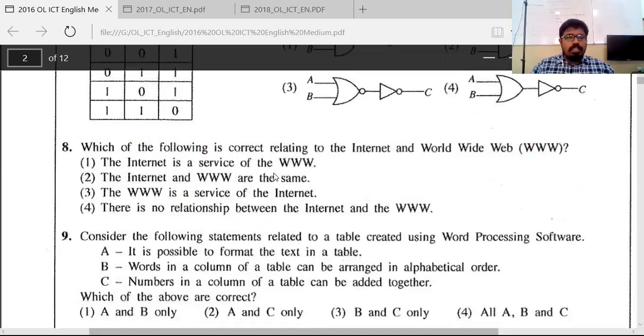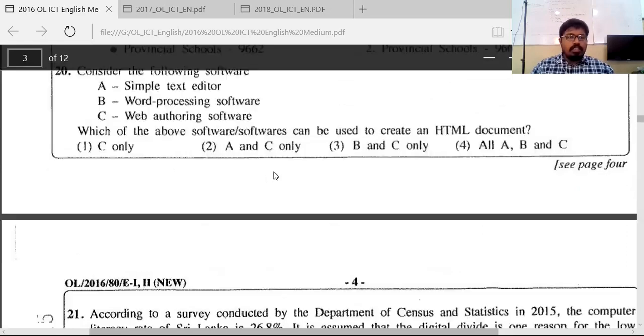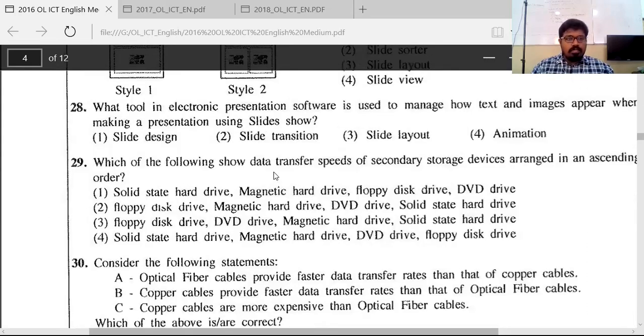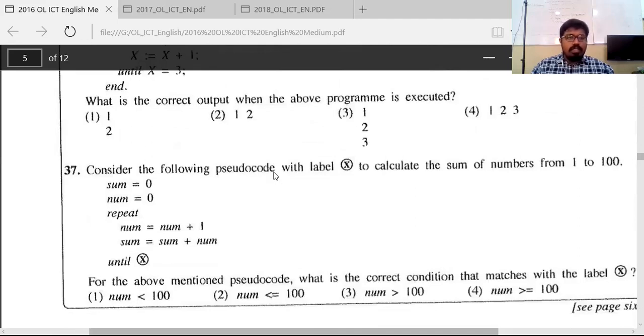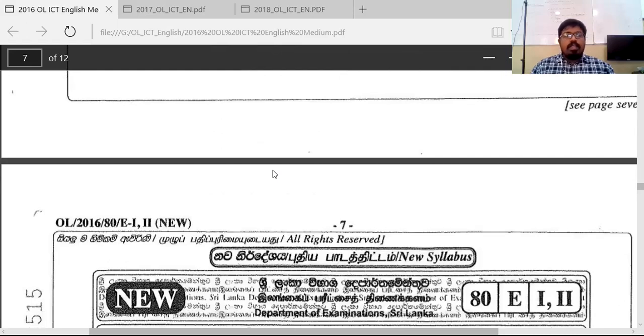So in the 2016 paper, I don't think there's another question. Sometimes it will be after question number 20. There are no more questions in part 1. In part 2,